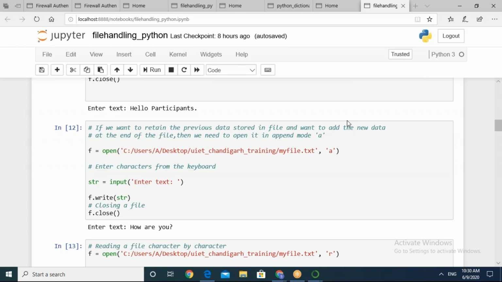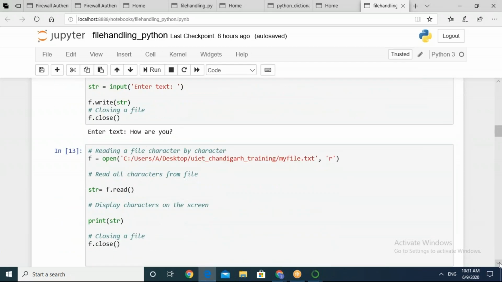You just have to update the append mode in it. Those who have done the earlier example can try out the next one.